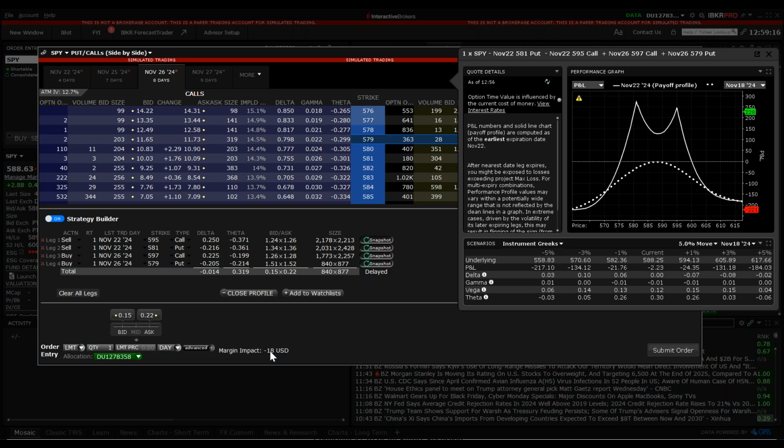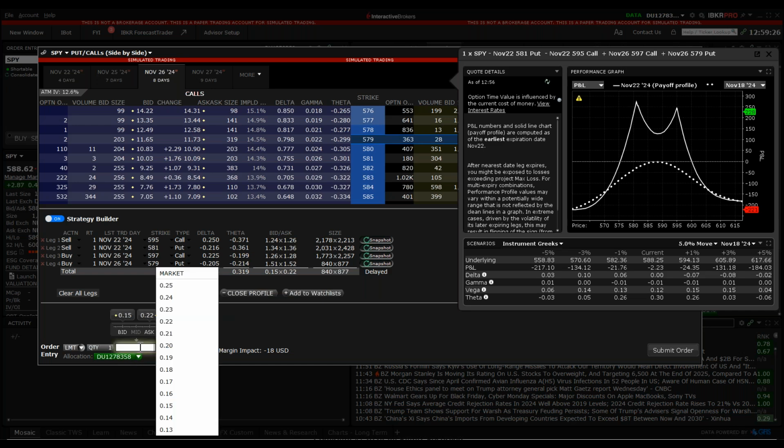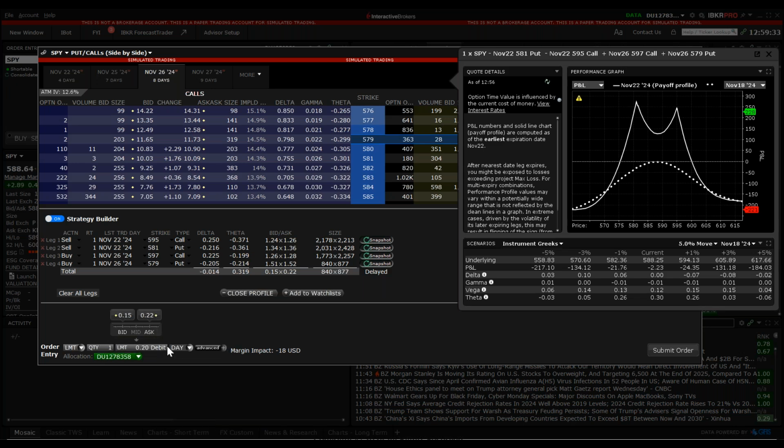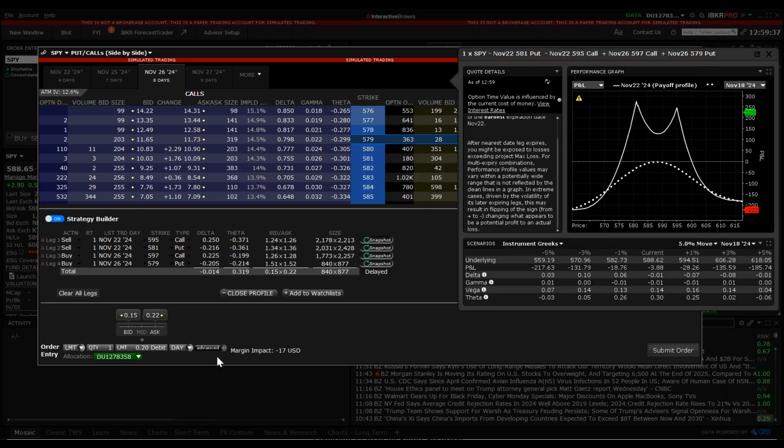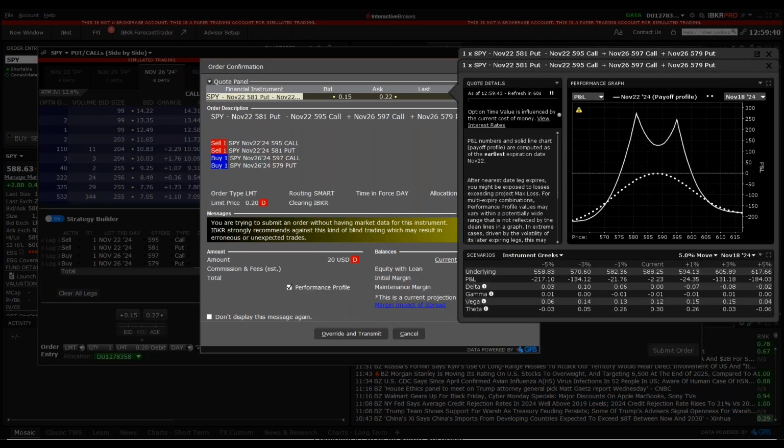But Andrew, could you simulate if you were going to do this trade, what are they charging you in purchasing power? Like if you pretended to do this trade. Let's put in a limit price. And so Demetrius, how many contracts have you got there? I'm just doing a single contract there. I'm going to pay 20 cents. And then I'm going to click submit order, and we should get an order ticket to come up. What does it say?